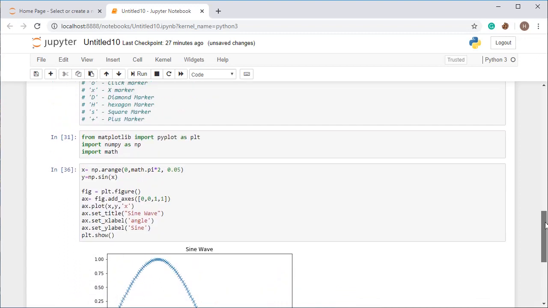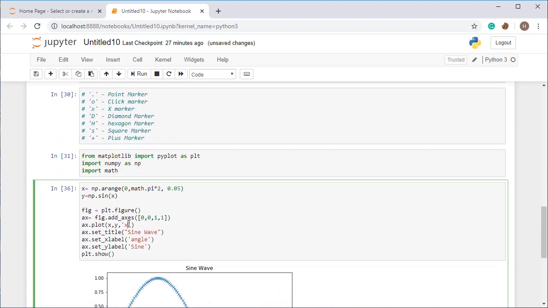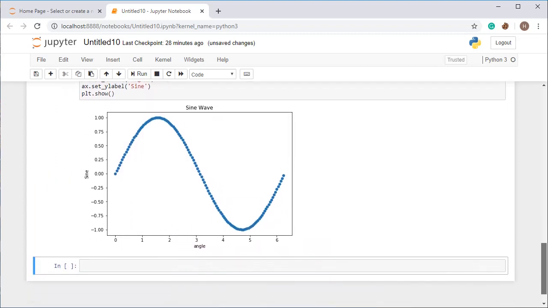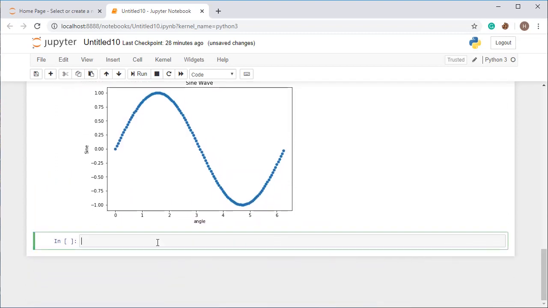So in this way, try all the markers at home and create different styles for the graph. In this way, you can change the value for the markers. There are a few more markers I am going to mention here. So just note it down and use them as per your preference wherever you want. Note down all these things and remember them.